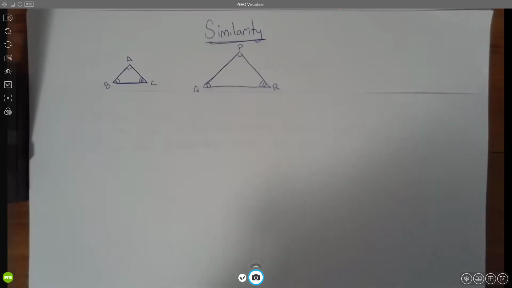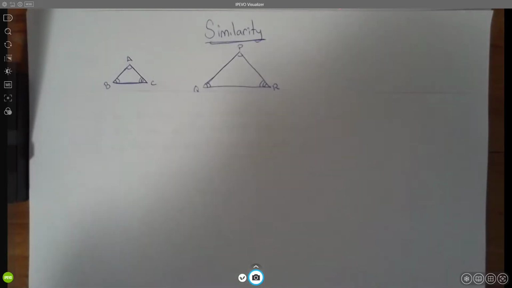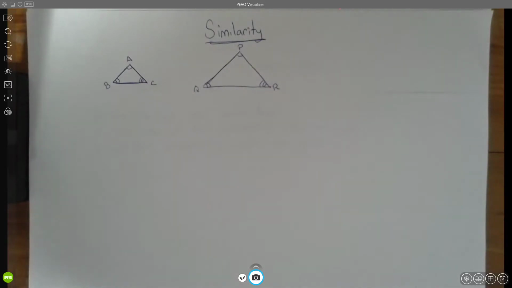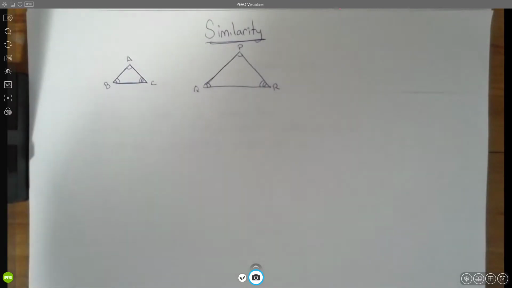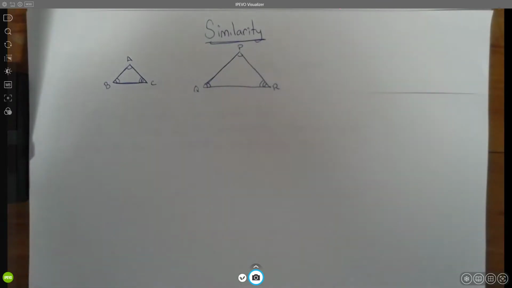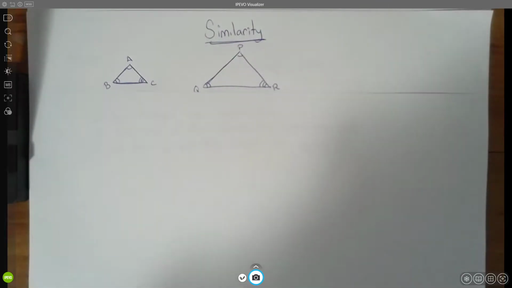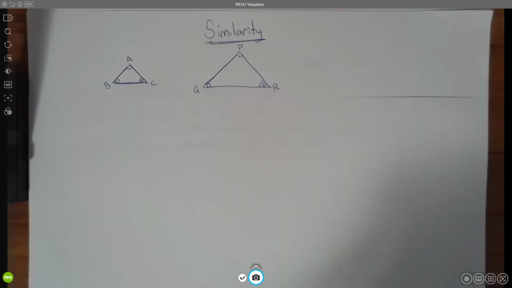In today's math video, we're going to take a look at similarity. Similarity is similar to congruency, but there is a minor difference. So if we take a look at these two triangles, we would not be able to say that they are congruent. Remember that for something to be congruent, it needs to have the exact same angles and the exact same